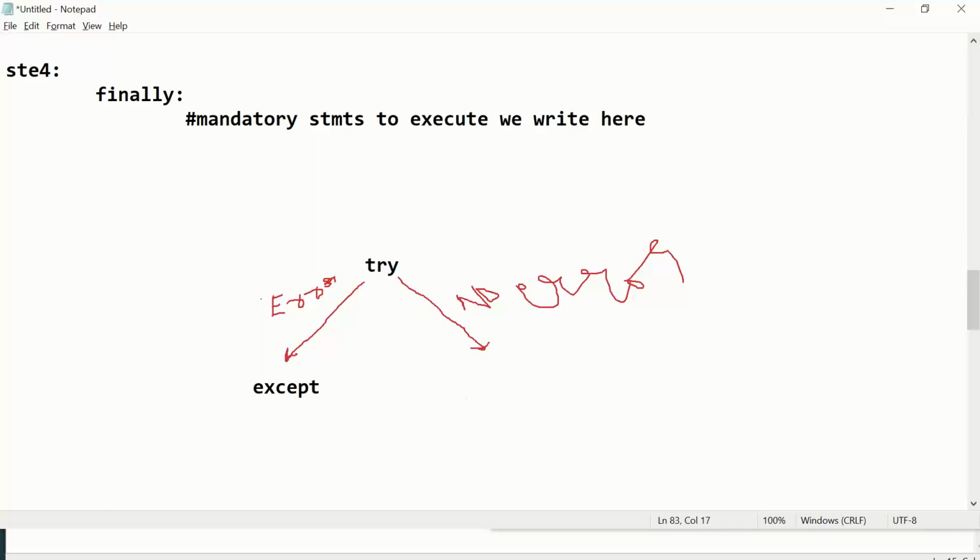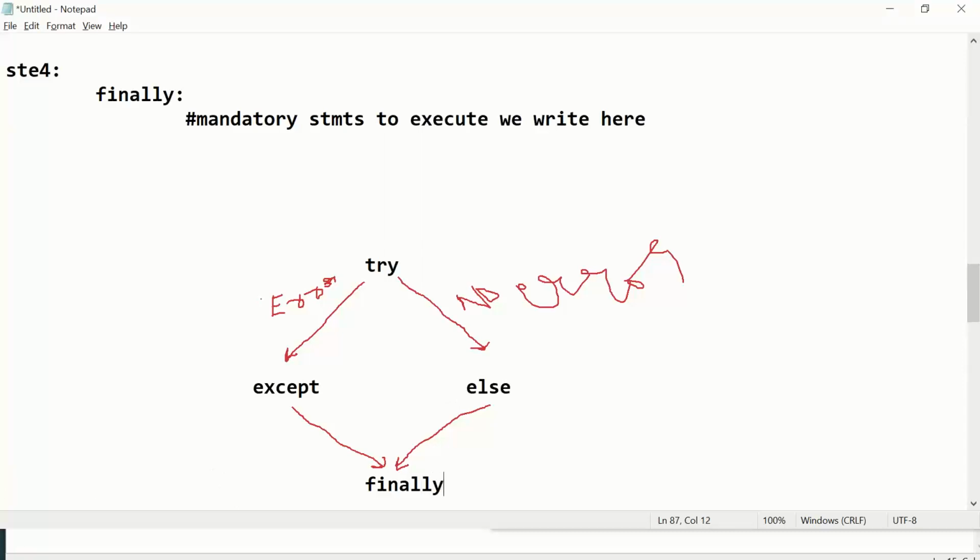If it is no error, it is going to else. Correct? It is going to else. Okay. And from here on, further statements after else or after except, ultimately what is happening, tell me?